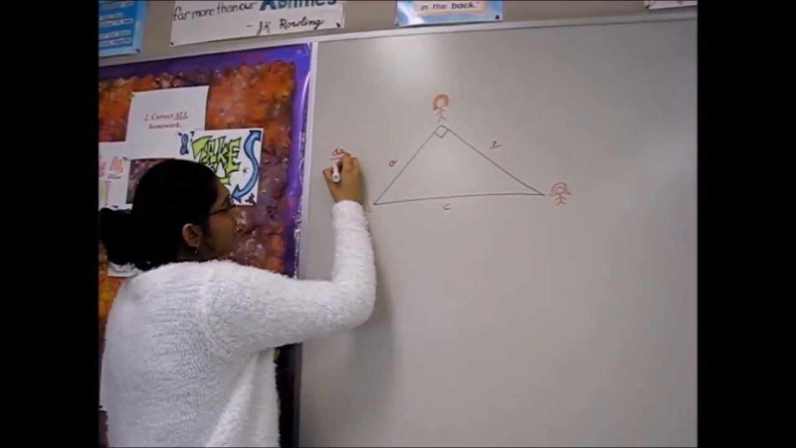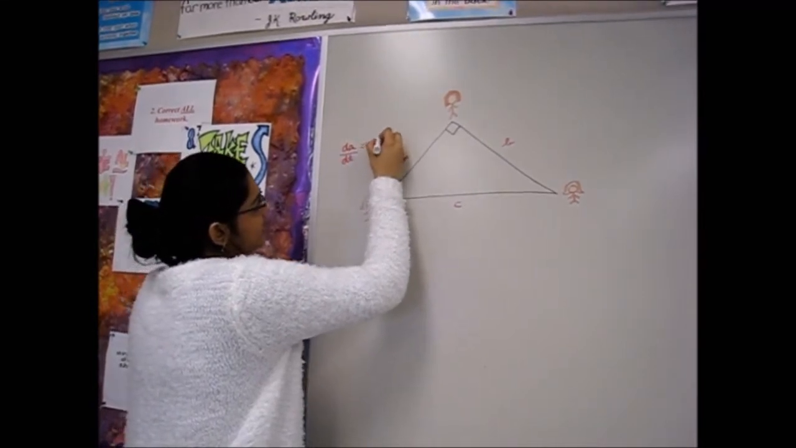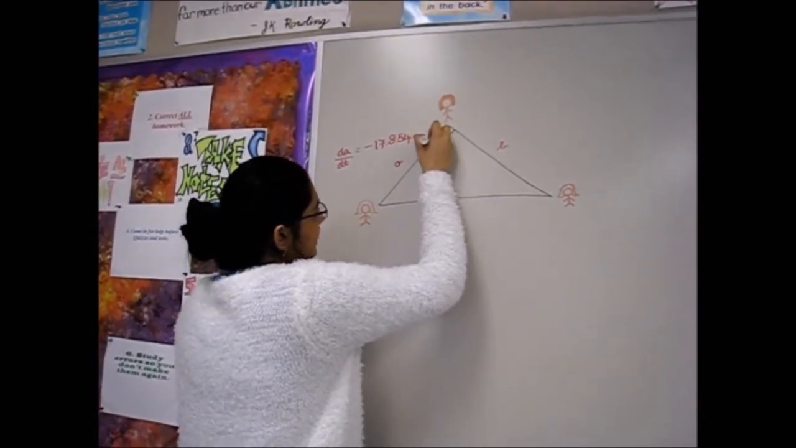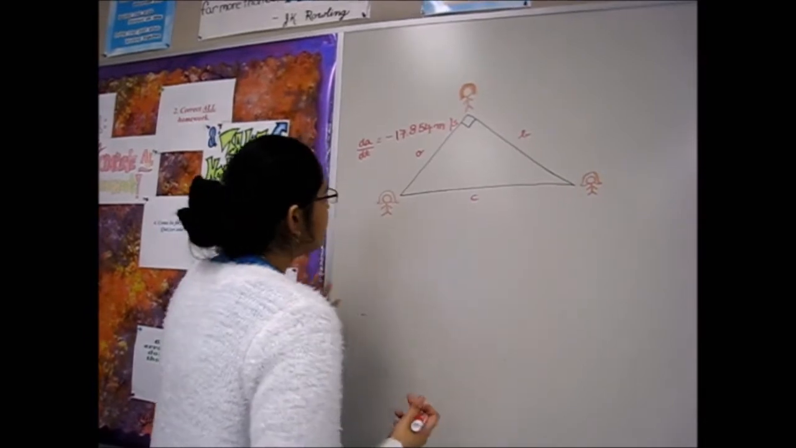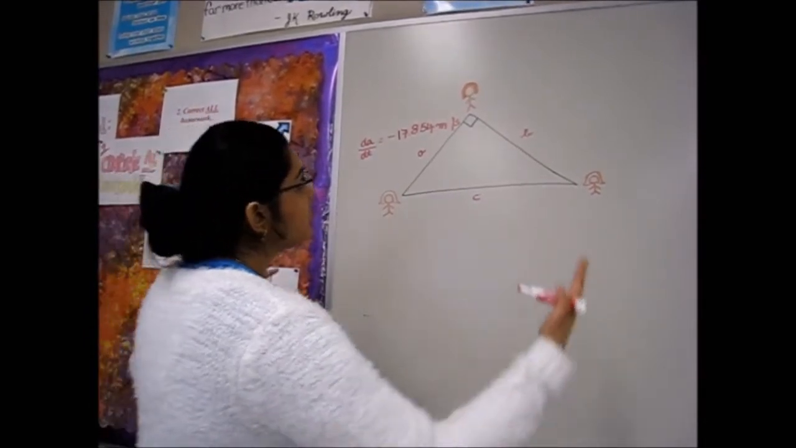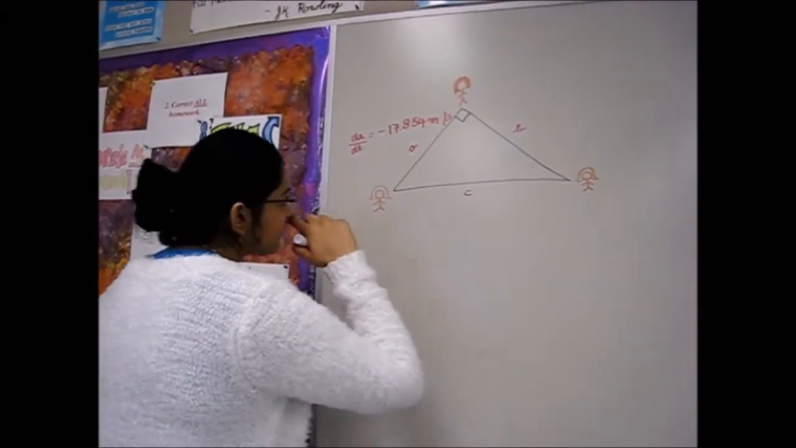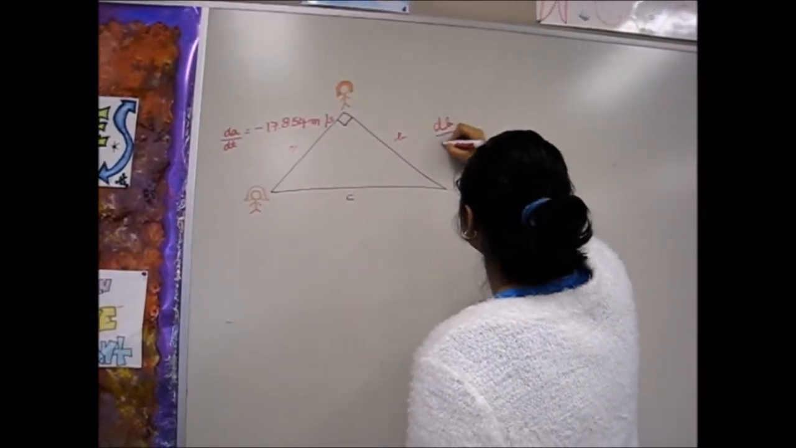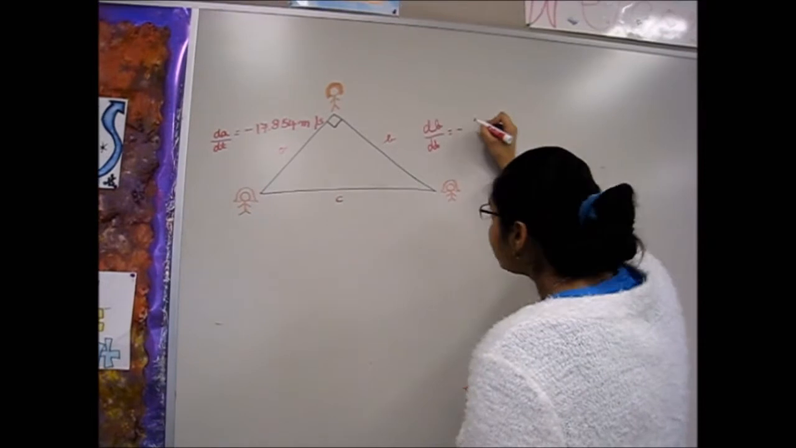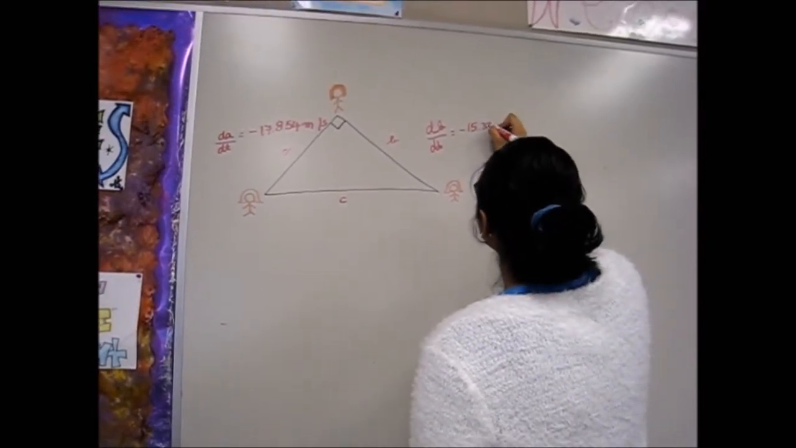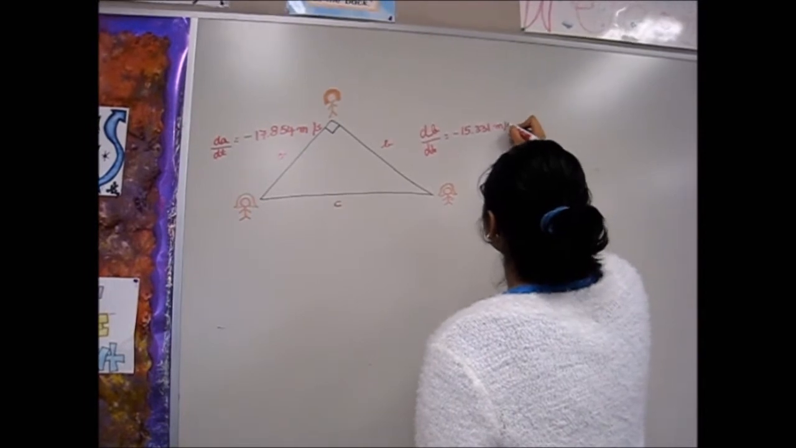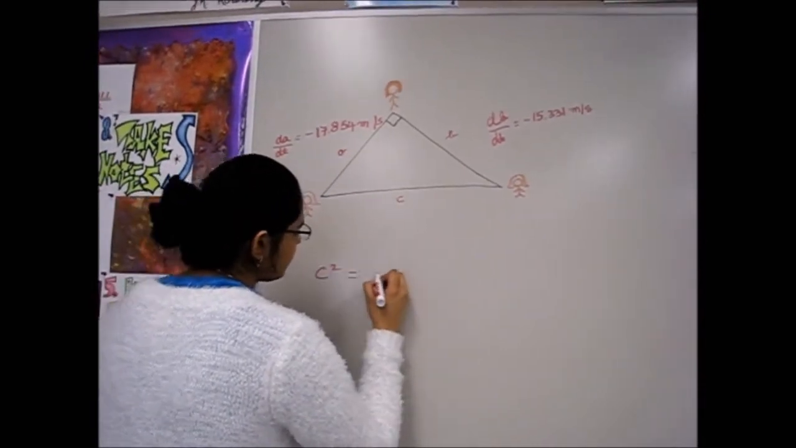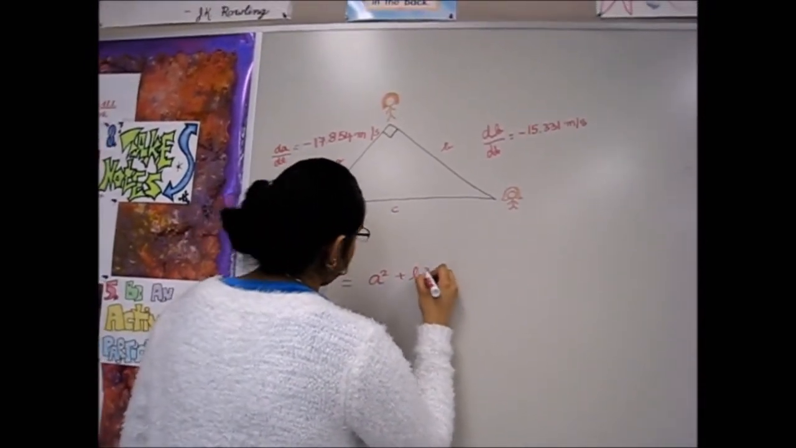dA over dt is equal to negative 17.854 meters per second. It is negative because the distance is decreasing and they're running towards her, not away from her, so it will be negative. And we can do the same thing for B. dB over dt is equal to negative 15.331 meters per second. And so the Pythagorean theorem, c squared is equal to a squared plus b squared, and